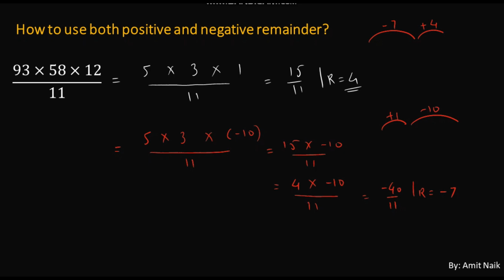Very simple as that, right? So the answer is going to be plus 4. So if you look at the answers, positive 4 here and positive 4 here as well. So the answer doesn't change even if you consider positive and negative remainders as a combination. Okay, so it is your decision what you go ahead with. Okay, and that will depend on how large the numbers are. You'll understand in the further questions, in more detail.